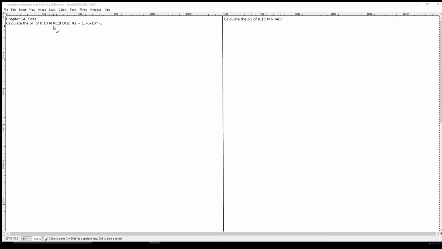If you have a metal plus a nonmetal, or if you have a polyatomic plus a nonmetal, all of those would be classified as salts. So basically you just want to have a metal or a nonmetal involved in here, a cation and an anion. So step one is going to be, as usual, identify the major species. So in this case, we have